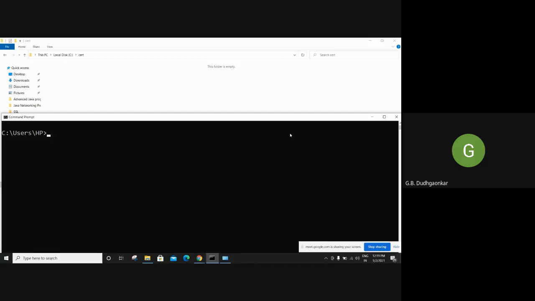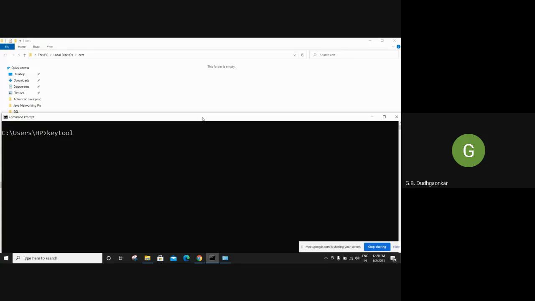So here, first I will create a key store. You know that a key store is a file location where public and private keys can be stored. Okay, that is certificates. So I will first create a key store for the server. Then I will show you how to export and import a certificate from that particular server key store. So first I will use the keytool command. See carefully or note down somewhere. These commands are very important.